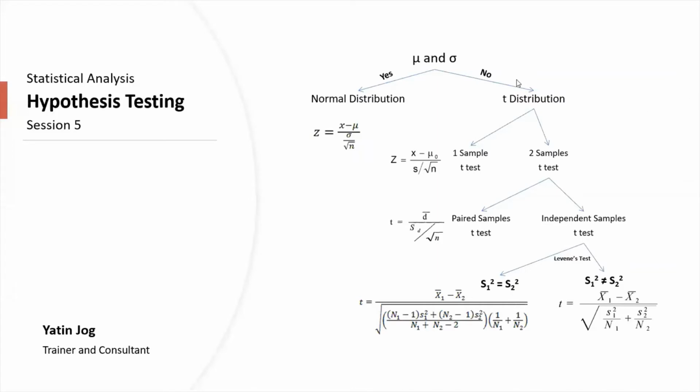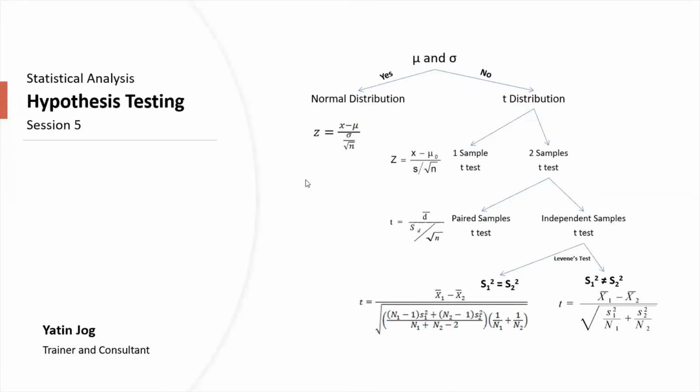So now we will try to solve a few examples using normal distribution and one sample t-test, even two sample t-tests in case of paired sample. But we will not solve any examples using pen and paper for independent sample t-test, because the formula part is a bit complex, and we'll be using all these methods in Excel also. So that is what we are going to cover in today's session.